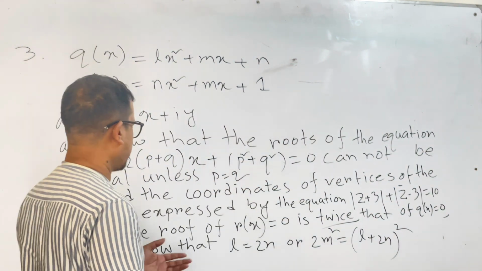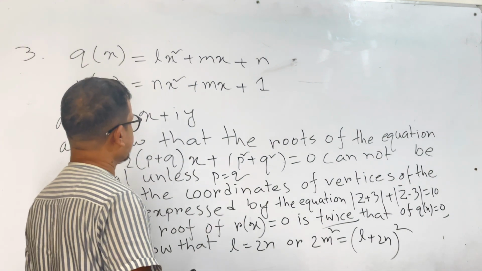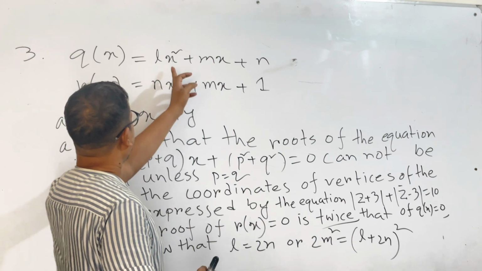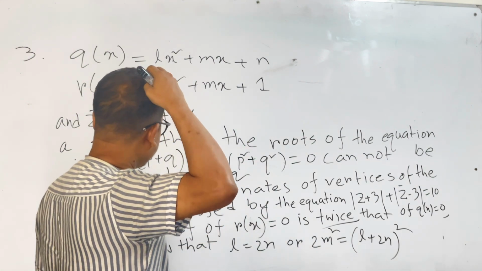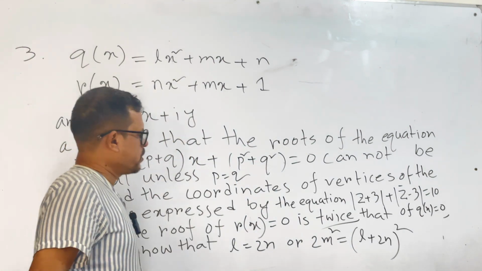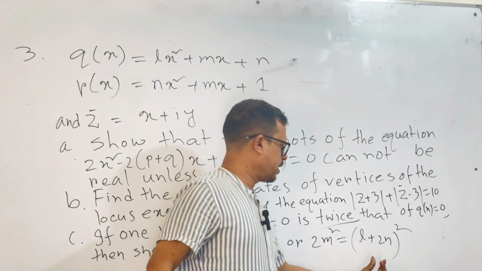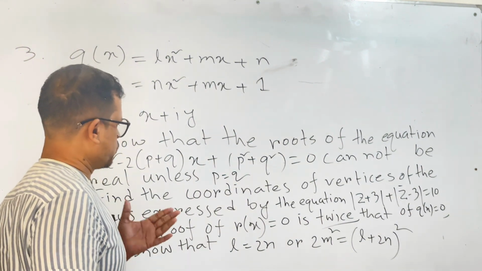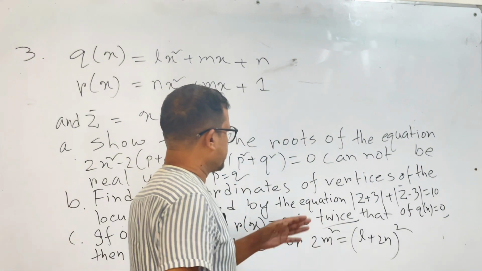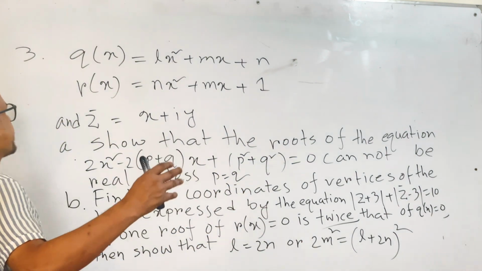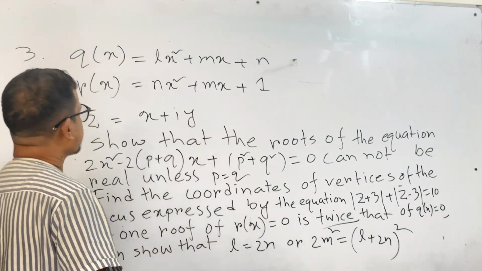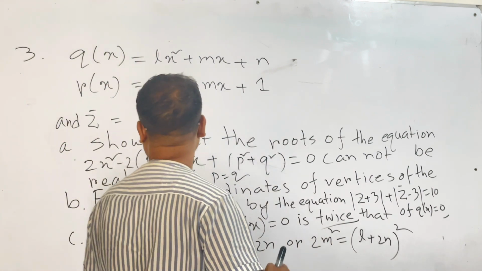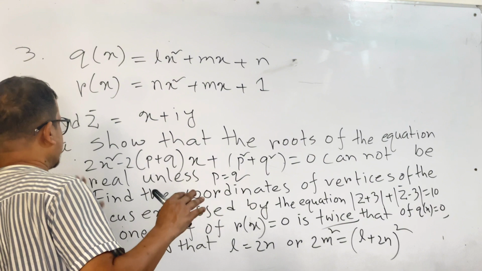One root is given, Rx equal to 0. This is Rx, nx square plus mx plus 1. Twice that of Qx. Qx means Lx square plus mx plus n. We have to show L equal to 2n and 2m square equal to (L plus 2n) square. Qx equal to Lx square plus mx plus n, Rx equal to nx square plus mx plus 1, and z equal to x plus iy, z bar equal to x